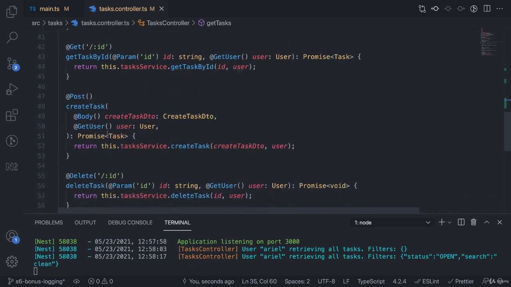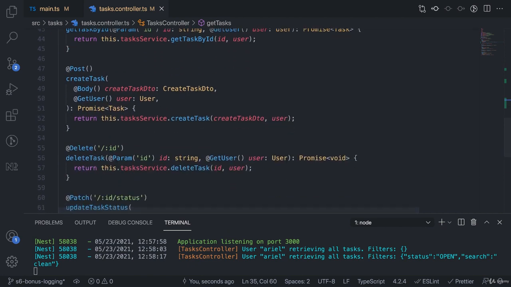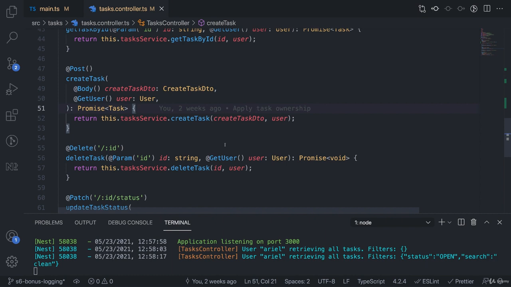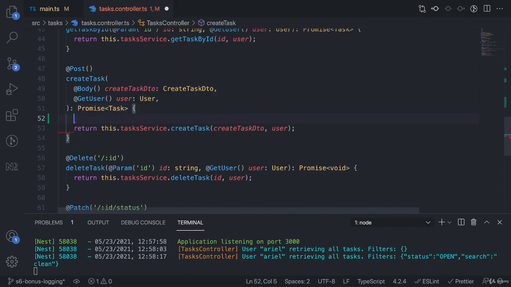And that would be create task. I think create task is a good candidate. I think this one is also quite simple. It's going to be verbose as well. We want to say something like the user, and then the username, is creating a new task with the data of that task. So it would be